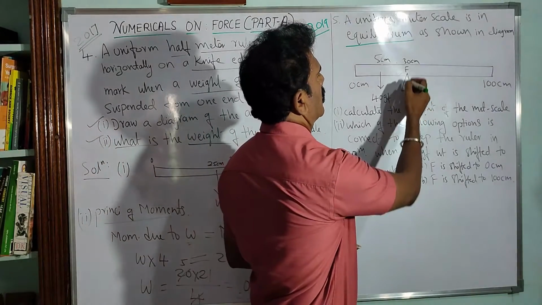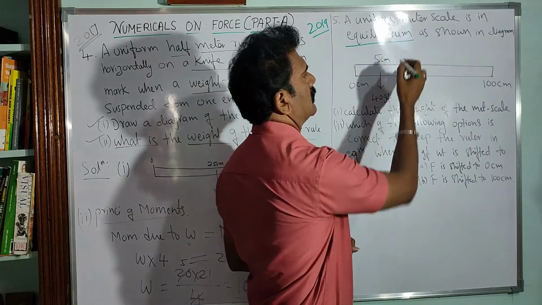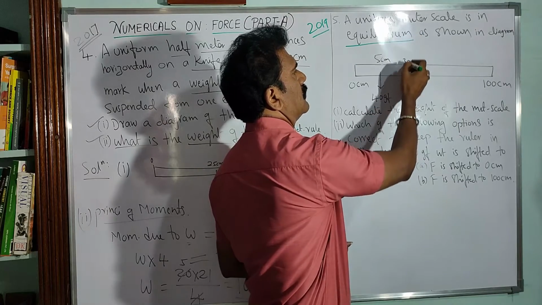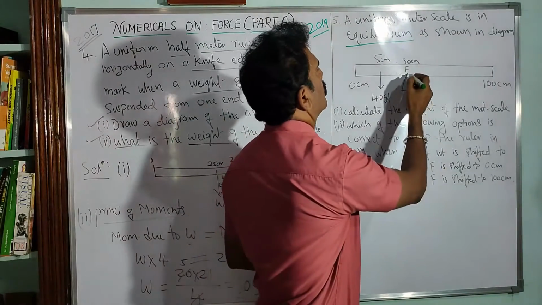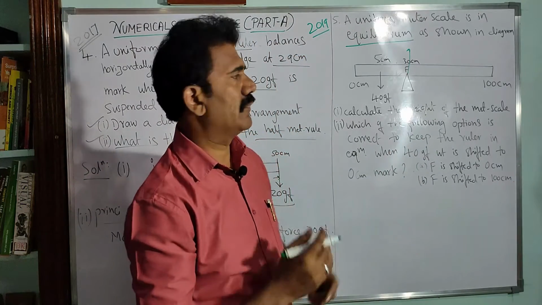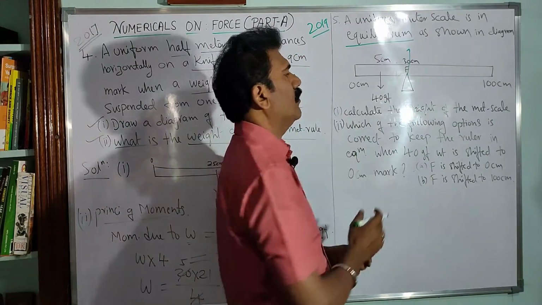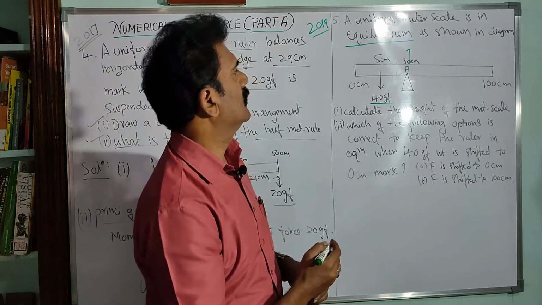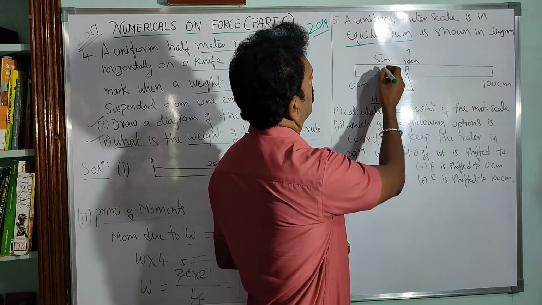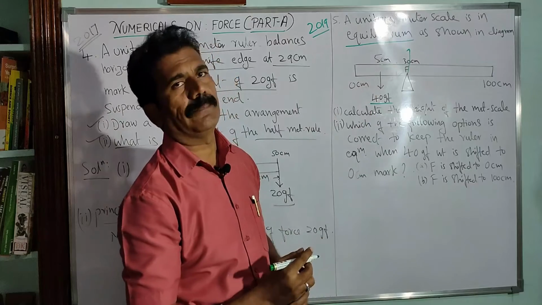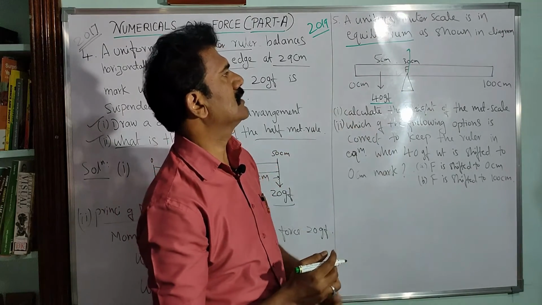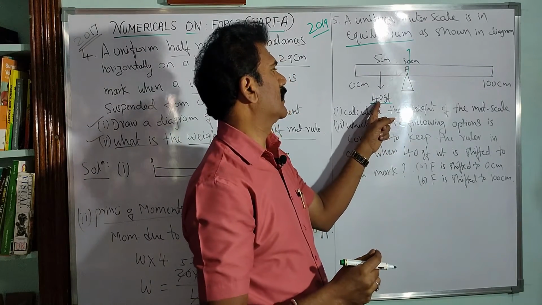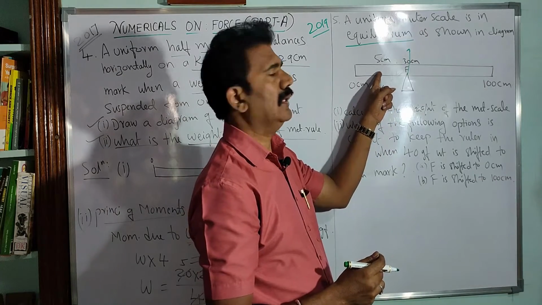Now where is the fulcrum? The fulcrum position is here, marked at 30 centimeter. The force at the fulcrum is acting in the upward direction, right? This upward force is balanced by the weight of the beam. In addition to that, we have one more force acting in the downward direction, that is 40 GF, 40 gram force. It is hung at the 5 centimeter marking. So just try to understand this given figure. Fulcrum is at the 30 centimeter mark, and the given 40 gram force is hung at the 5 centimeter mark on the scale.